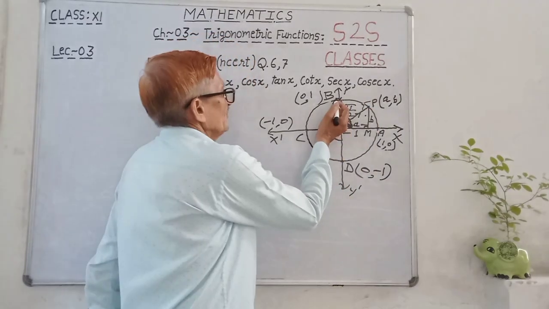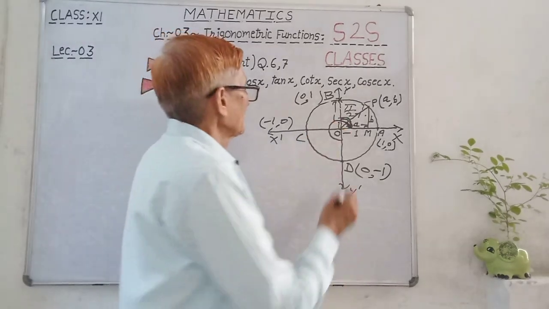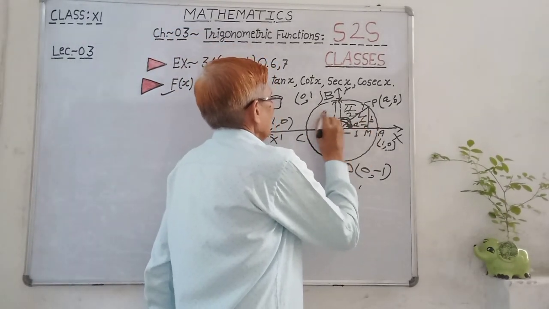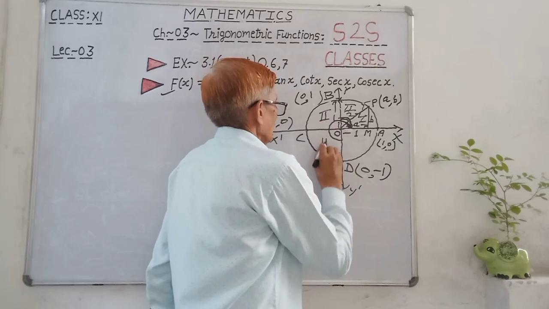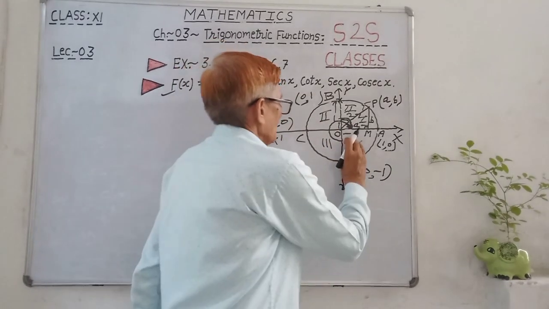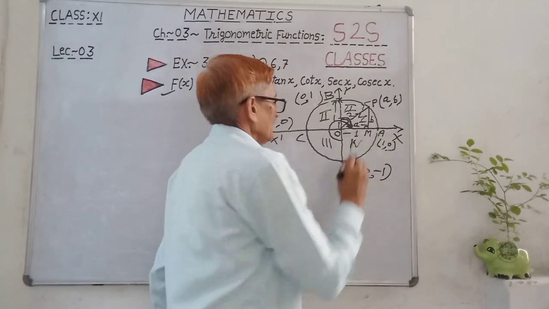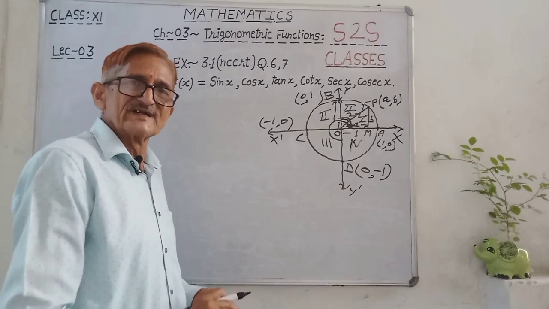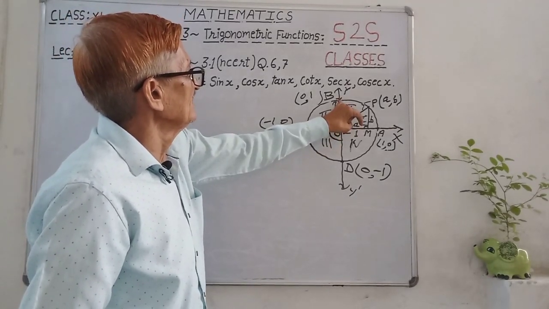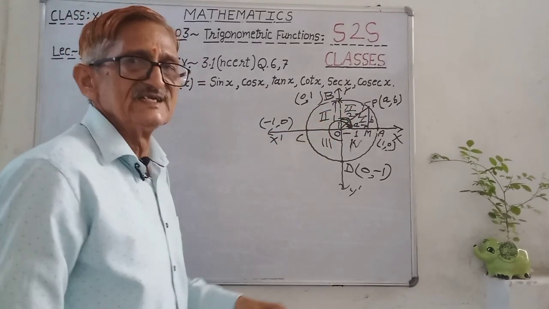After that, above 90 degree means in the second quadrant. This is the first quadrant, this is the second quadrant, this is the third quadrant, and this is the fourth quadrant. In the rectangular system, we call these quadrants. Okay, 4 quadrants. Now you check in the second quadrant, the angle is going to increase from 90 to 180 degree and